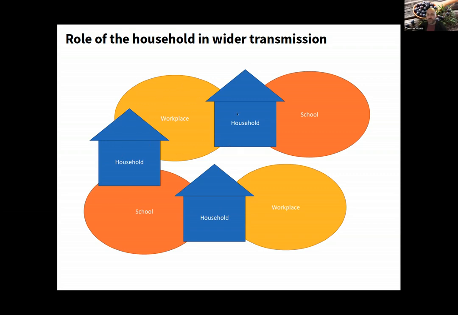Maybe this is a key power plant or something where people still have to go in. So the household is a link, and if we did something really horrible and made everyone live at work, which some people did do, to break those chains, then in a way that would help us segment the epidemic. But in practice, no country's managed really widespread removal of people from the households, right? Not least because a lot of children need care in the household.